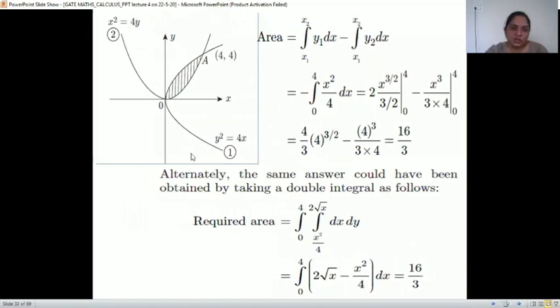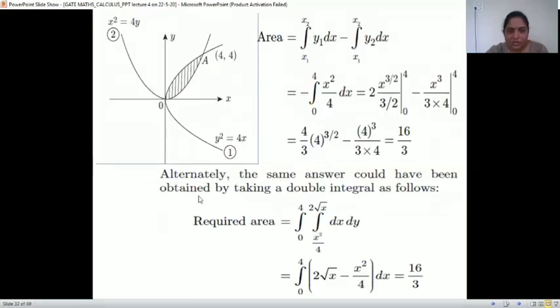So this is the required region, where this is the curve x square is 4y, this is the curve y square is 4x, and this is the region between these two curves where the points of intersection are (0, 0) and (4, 4). We can solve by using the formula we have seen, integration of f minus g. Let it be. We are not using this, we will use the strip method only.